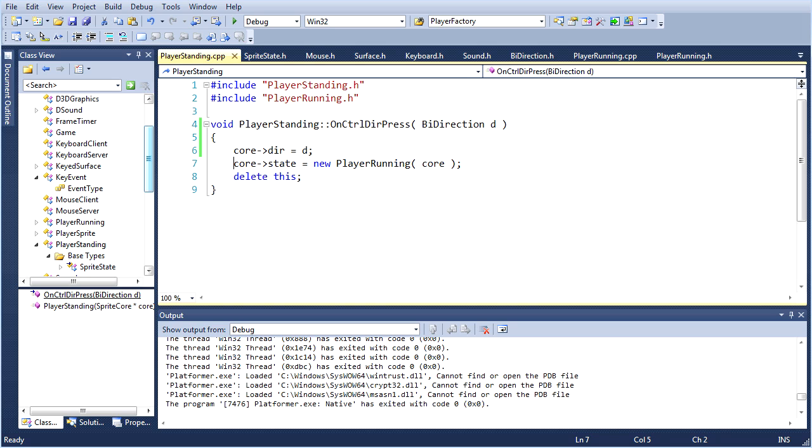if you look at every single time we change the state, we have to do two things. We have to set the core's state pointer to the new state, and then delete the current state, which is the old state. And I don't like having these two steps. If you do it at the same time every time, you should bind them together so that